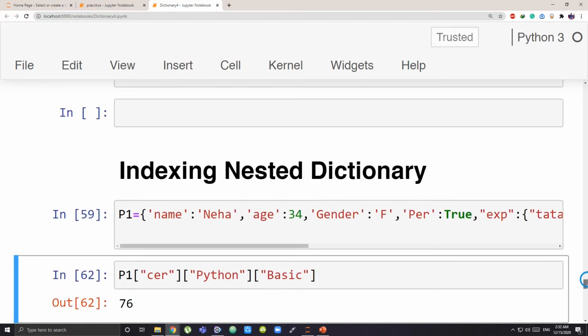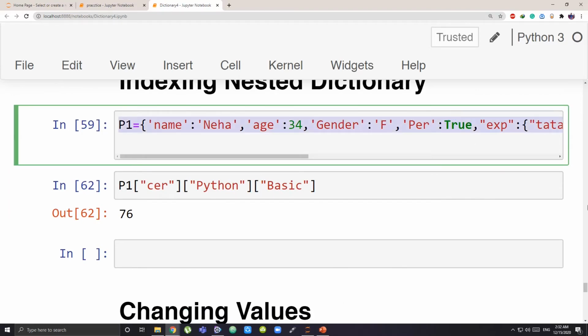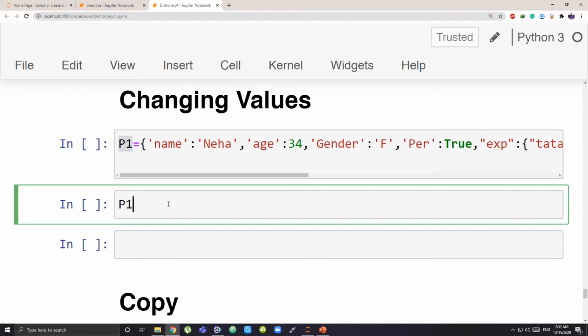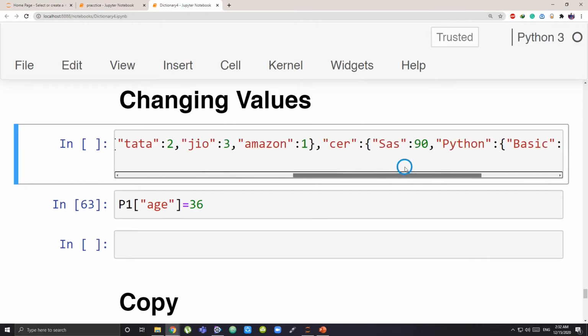This was about just extracting the value. What if I want to change some value in the nested part? Again, very simple. I'll just copy the dictionary, that's a big dictionary to remember. Okay, now this is my dictionary. If I want to change the age of this big nested dictionary, it's going to be as simple as we did till now. Write the name inside the square bracket, write the key that you want to change, and directly assign the value that you want, maybe 36, 56, sorry, I wrote a big number, maybe 36, okay, and I enter it and it's done automatically. But what about if I want to change something in the nested part?